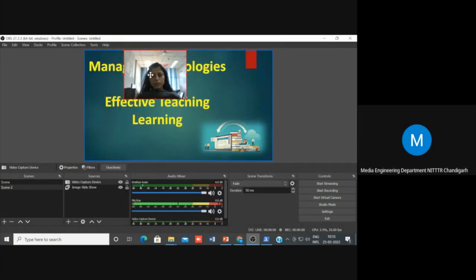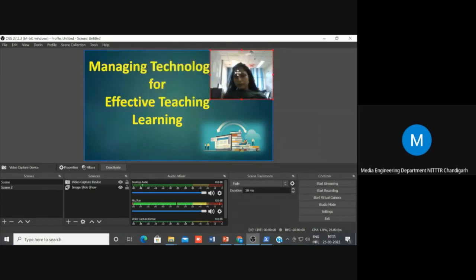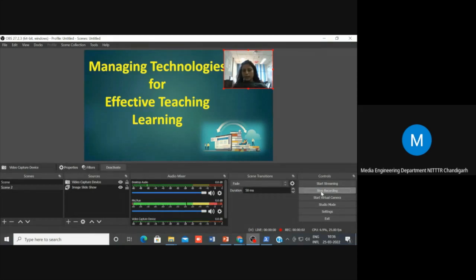So you can drag this camera window from here wherever you want to place it. You can place it here. So now again, you can click on start recording. I have selected the image slideshow. Hotkeys I have already assigned. So when